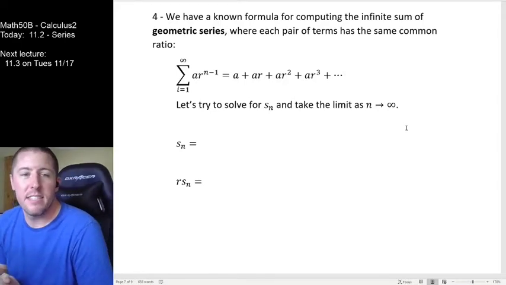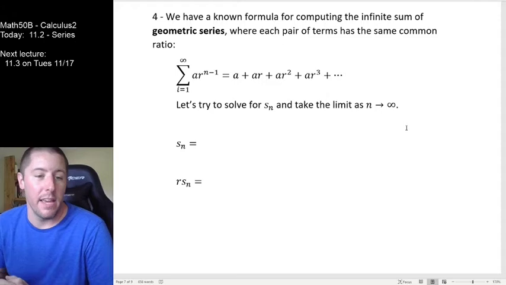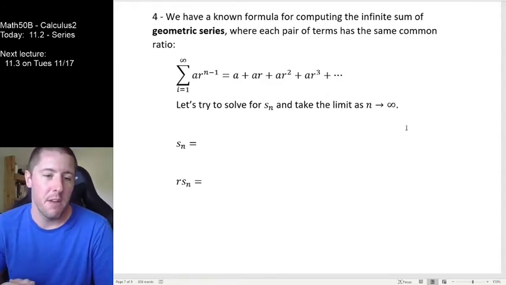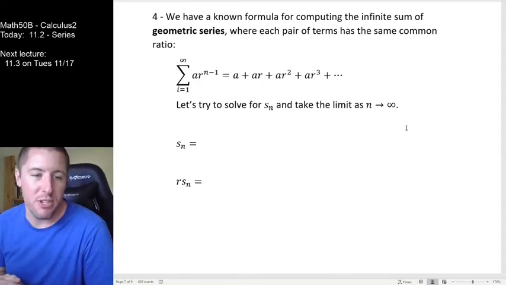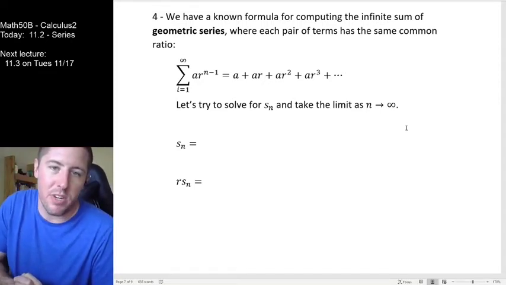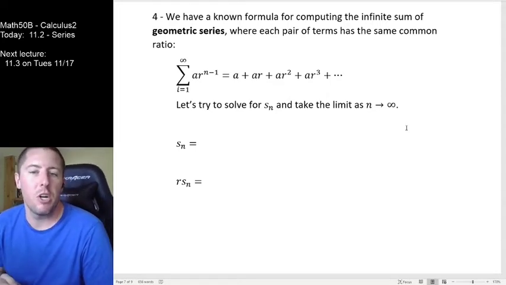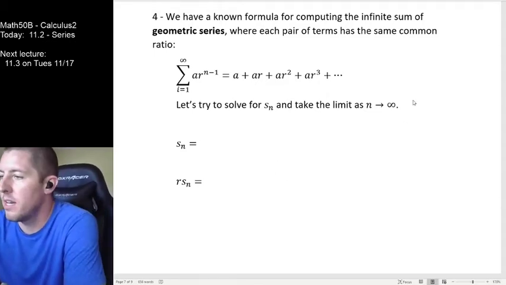And the final thing is to say here, there is a known formula for what sum you will get, for what your convergence value will be for infinite sums if what we're adding up is what we refer to as geometric terms, if the series is a geometric series. A geometric series is a series where each pair of terms has the same common ratio. So notice here, our common ratio,